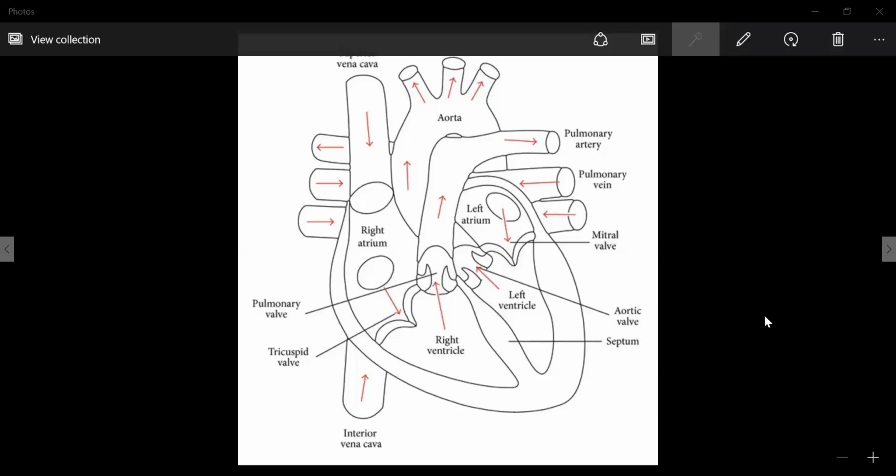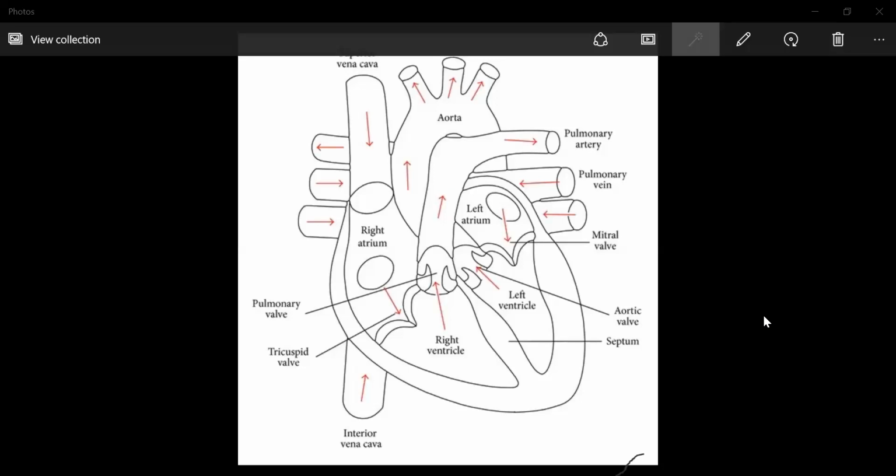The separation of the right side and the left side of the heart is useful to keep the oxygenated and the deoxygenated blood from mixing. Such separation allows a highly efficient supply of oxygen to the blood. This is useful in animals that have high energy needs, such as birds and mammals, which constantly use energy to maintain their body temperature. In animals that do not use energy for this purpose, the body temperature depends on the temperature of the environment. Such animals will not have warm blood. They will be the temperature of the environment.